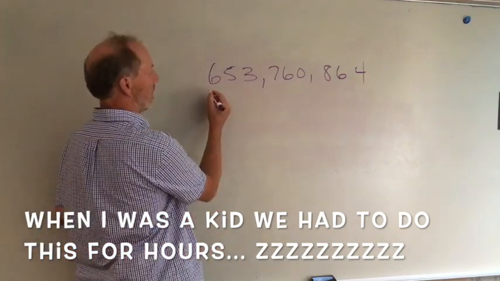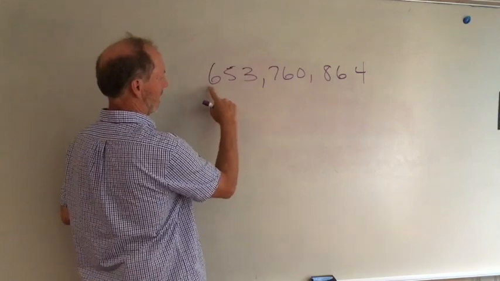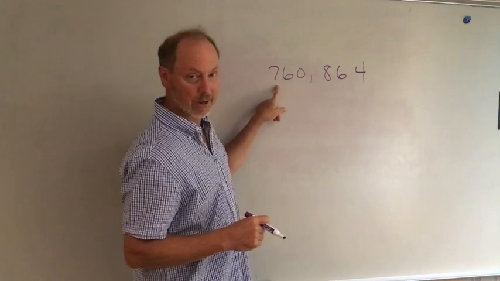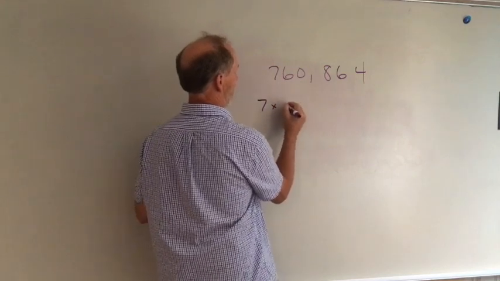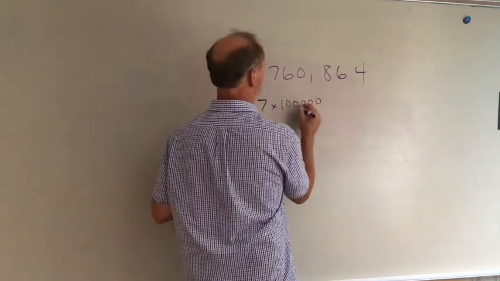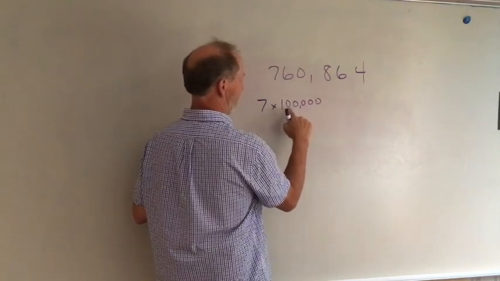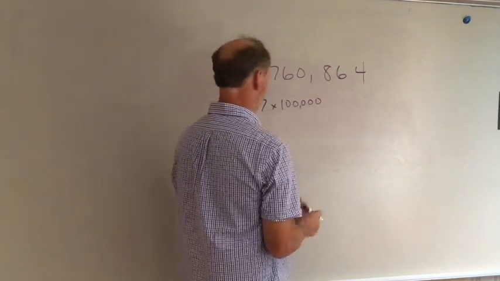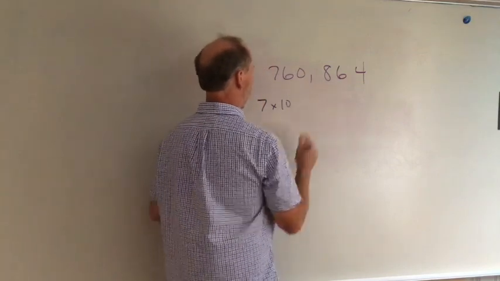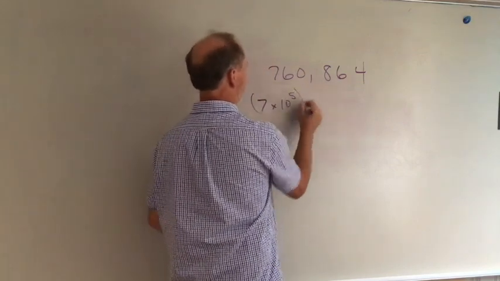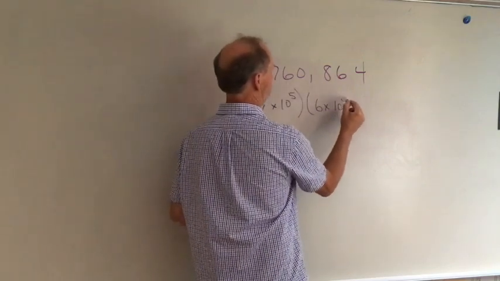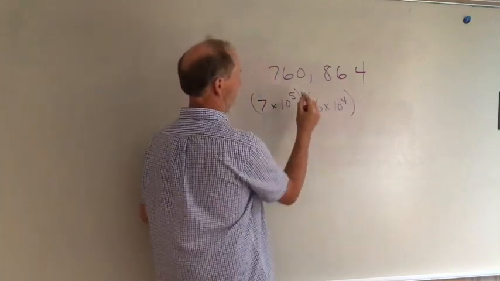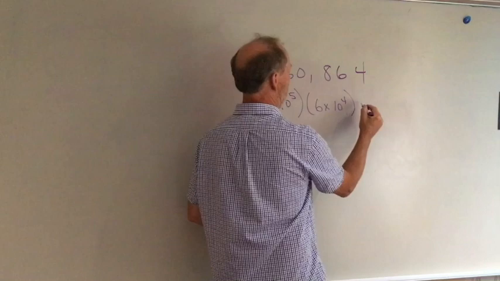Okay? So it's going to be this. 700,000, right? So that's 7 times 100,000. So that's 10 to the 1, 2, 3, 4, 5. That's how I did it. 7 times 10 to the 5th. Cool? This is going to be 6 times 10 to the 4th. And we can skip the 0. And